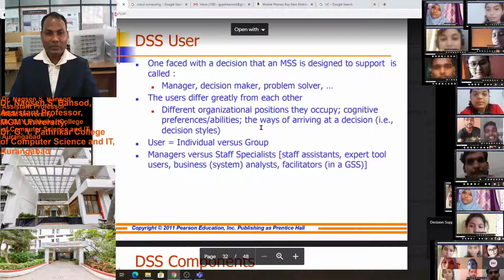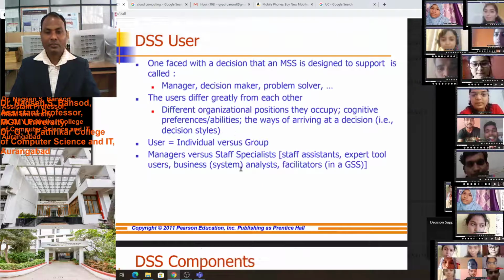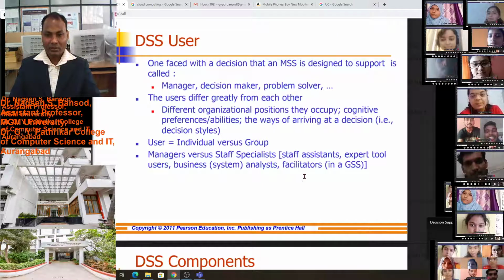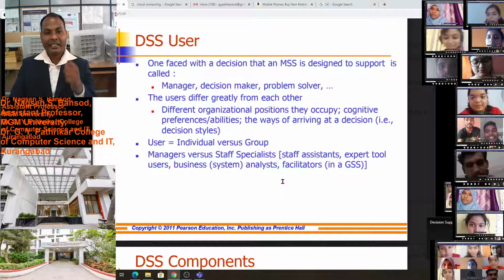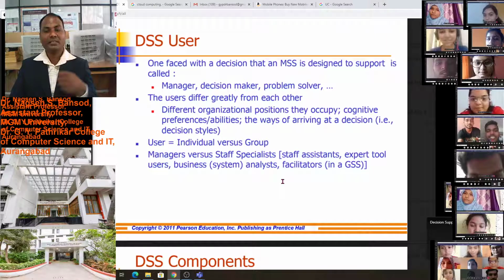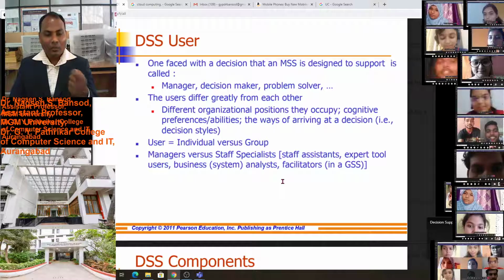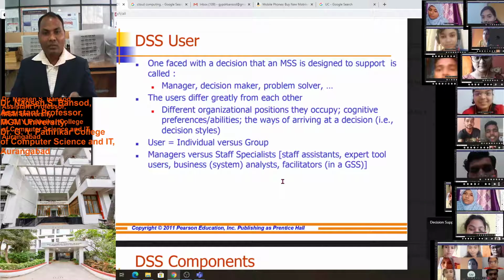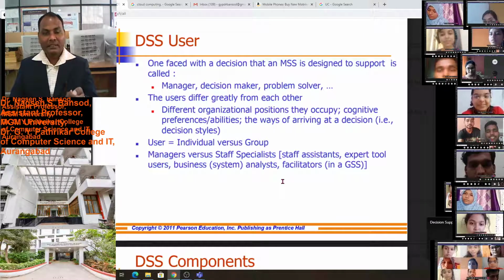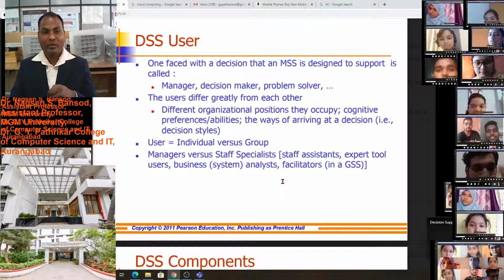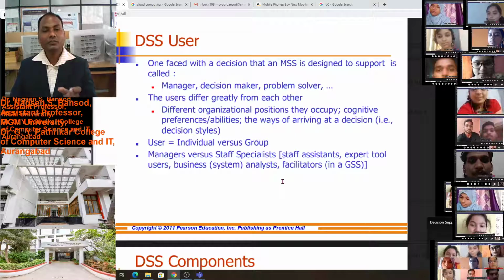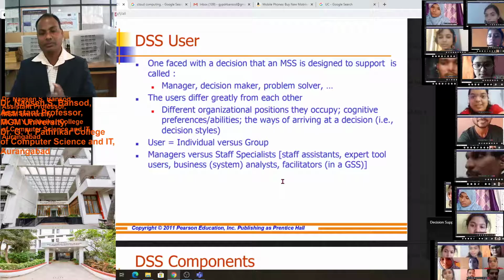Do you have any question on these decision support system users? Staff assistant, expert tool user, business analyst, facilitators, group, individual, manager, decision maker, problem solver, all are users of the decision support system.